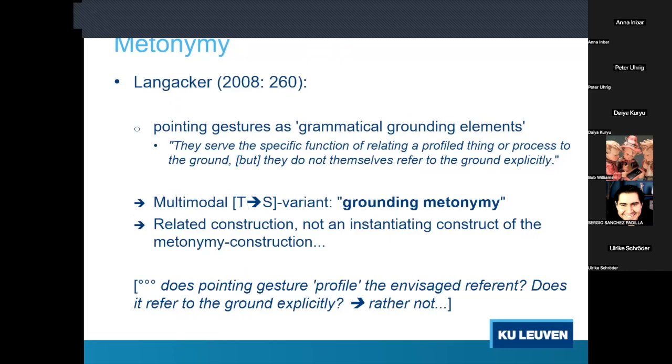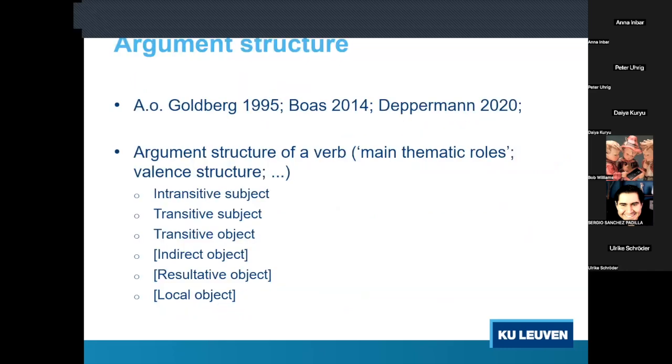We talked about parentheses, about metonymy. Argument structure, it's a big thing in linguistics. You can approach argument structure from a syntactic point of view, from a conceptual point of view. It's all about verbs organizing our utterances in roles, thematic roles, objects, valence structure, if you'd like, where we can identify things like an intransitive subject, where you have an intransitive verb, like sleep, where there's no object: I sleep.